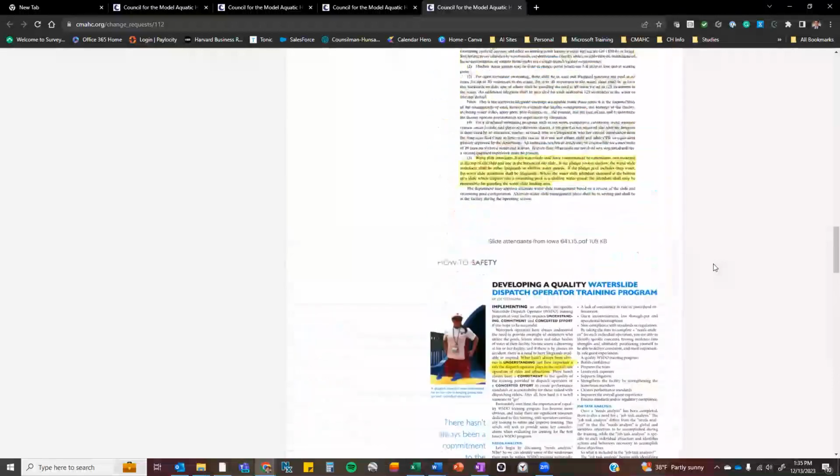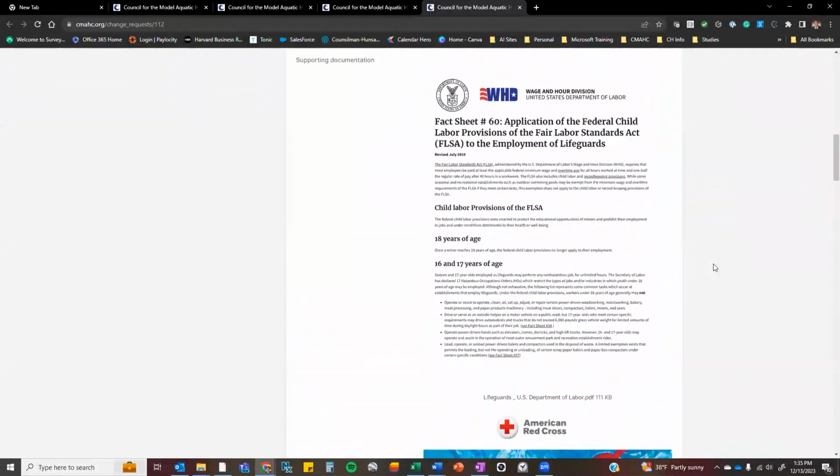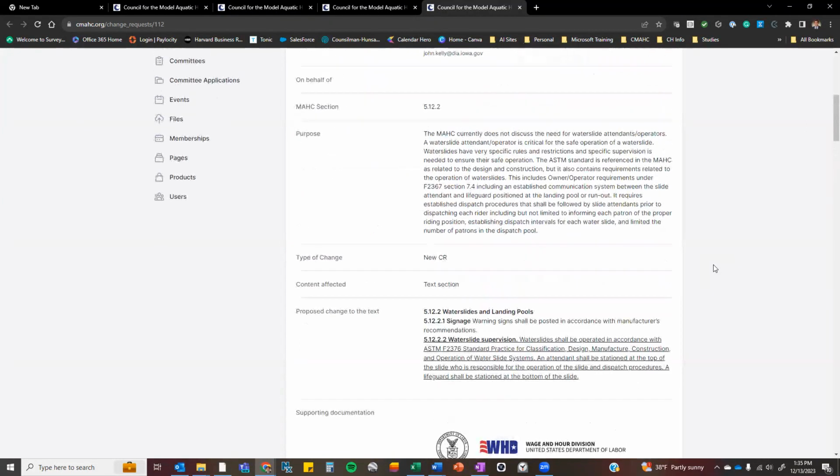And I do know that there are some manufacturers and some slides out there that do not require a dispatch attendant. The other clarification that might be needed is that the way it's currently worded leaves a little bit of interpretation, where it says it shall be stationed at the top of the slide. In a lot of cases, there are multiple slides coming off of a particular tower, and those multiple slides can be operated by a single dispatch operator. This could potentially be interpreted the way it's written right now,